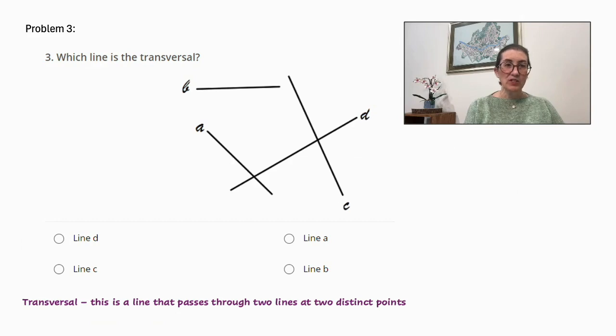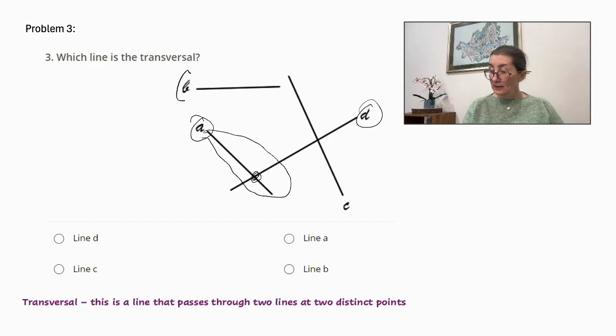Problem 3. Which line is the transversal? What is the transversal line? This is a line that passes through 2 lines at 2 distinct points. So let's go through each of these lines. A goes through line D, 1 point. B